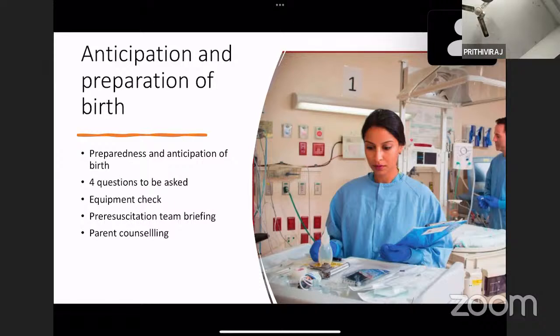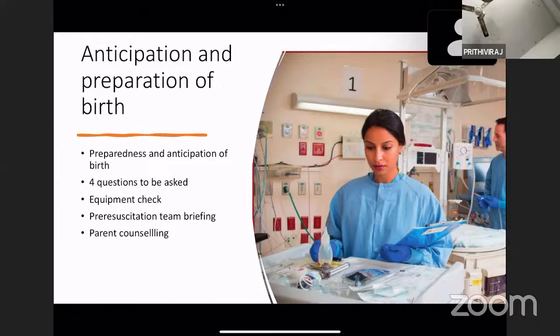In order to avoid those major consequences, you have to do a few steps before any birth. That is known as anticipation and preparation of birth. Preparedness and anticipation of birth should be done for every childbirth, irrespective of the prognosis, whether it was a good baby. If it is a normal delivery without any risk factor, you must also be prepared for that birth, because as